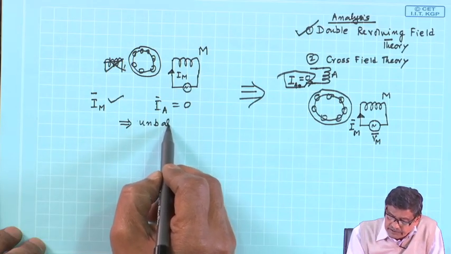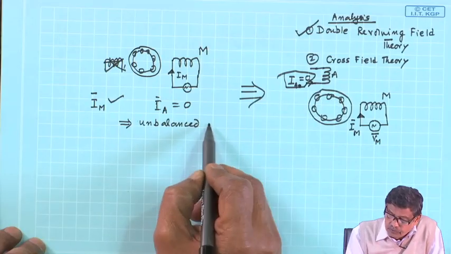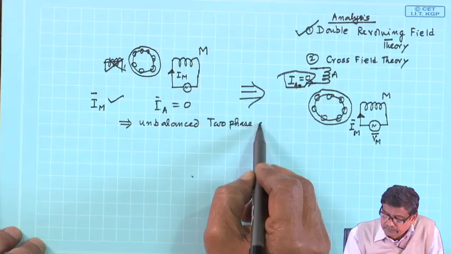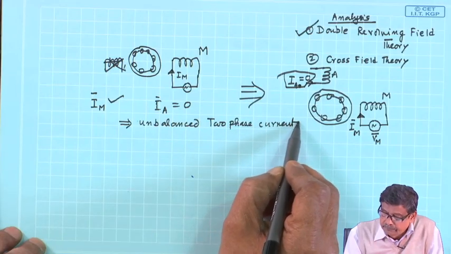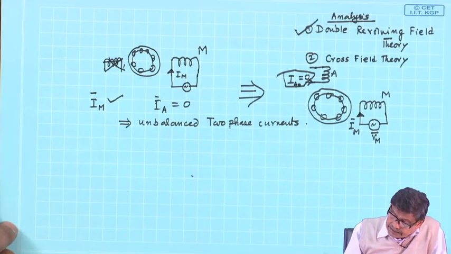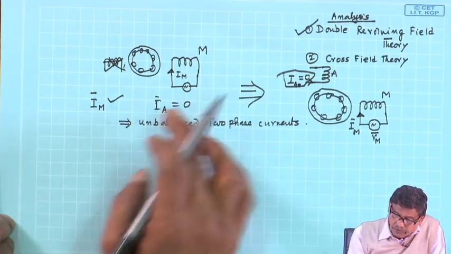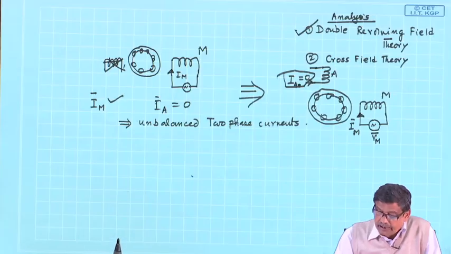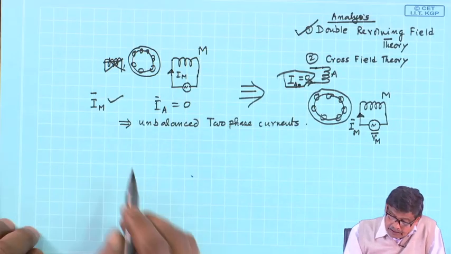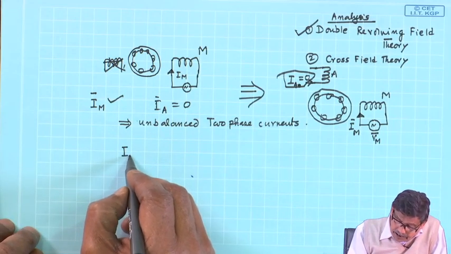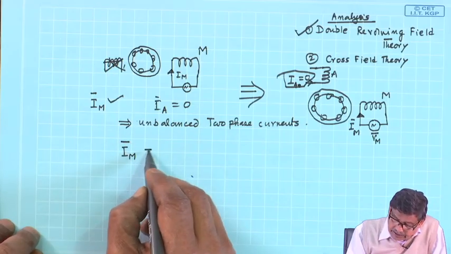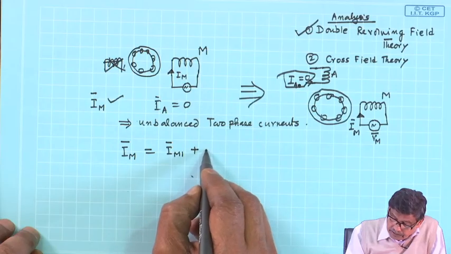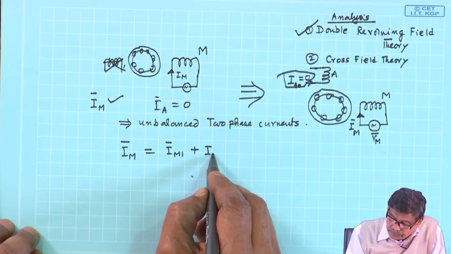I can treat it as unbalanced two phase current, and then I will say this unbalanced two phase current can be broken up into a positive sequence current and a negative sequence current. So, I m, the main winding current, can be written as a sum of I m 1 plus I m 2,